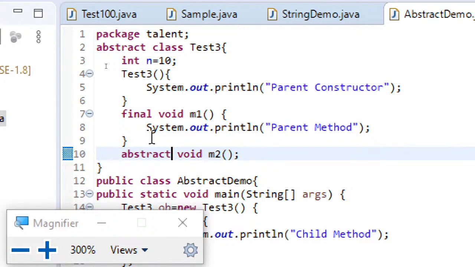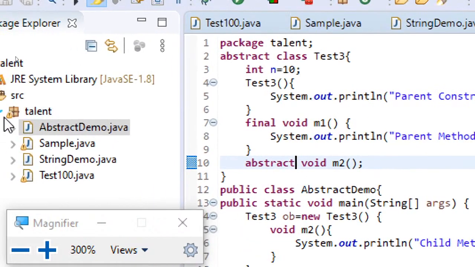So even if you don't have any abstract method, you can still declare your class to be abstract. The only reason you go for that is because you do not want anybody else to create objects for your abstract class. So these are the points with regard to abstract classes.